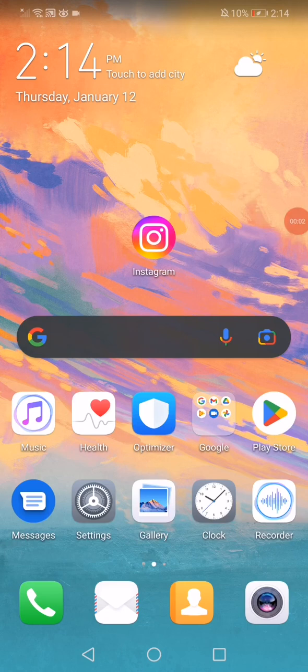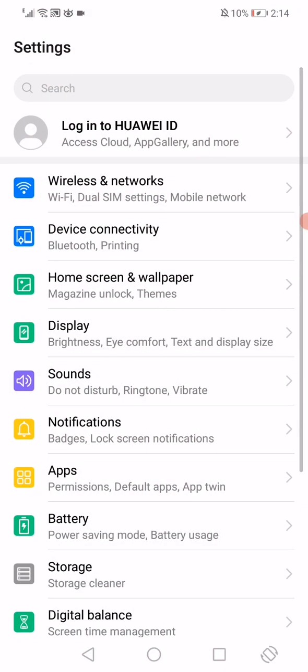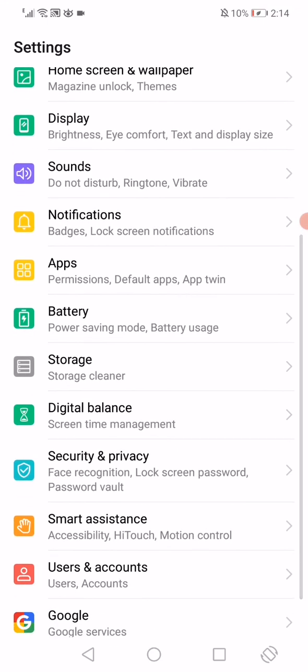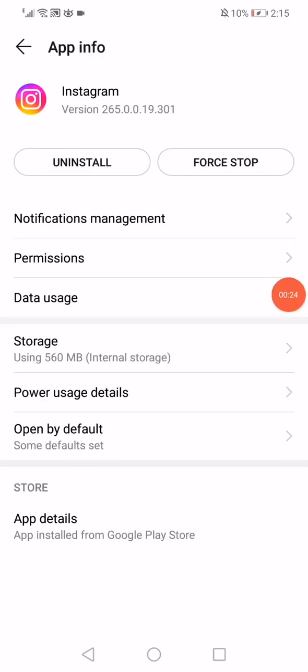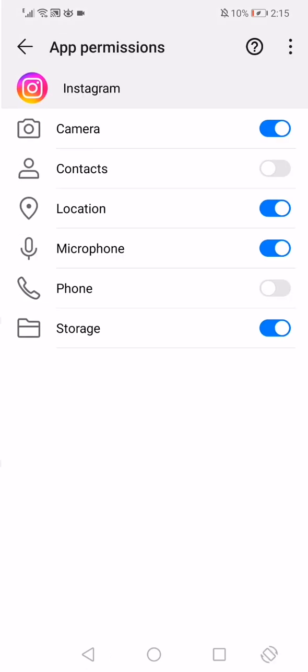In this short tutorial, I'm going to show you how to enable and get the Instagram messaging update. All you want to do, guys, is very simple. Just open the settings on your phone and then scroll, go to the apps manager, open the apps like this, and then go to the Instagram app, go to the permissions, and then make sure